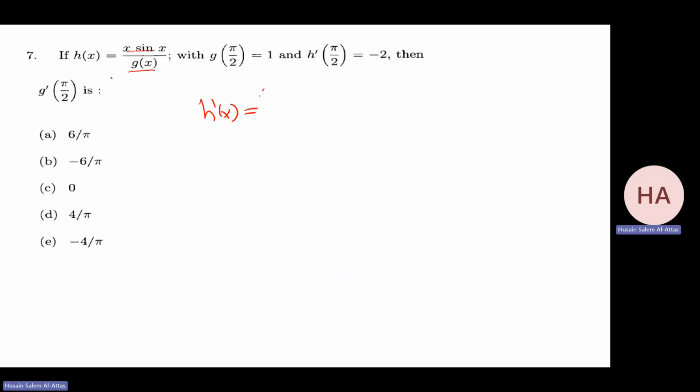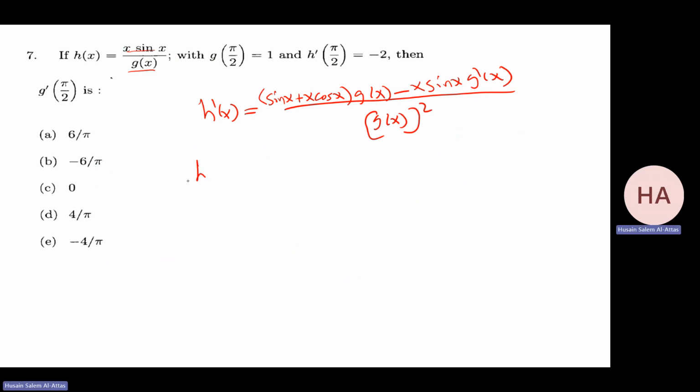Derivative of x sine x will be sine x plus x cosine x, times g of x, minus x sine x times g prime of x, over g of x squared. Now what does he want? He wants g prime at pi over 2. But he gave me h prime at pi over 2. Okay, so h prime at pi over 2: sine pi over 2, which is 1, plus pi over 2 cosine pi over 2, which is 0, times g at pi over 2. Sine pi over 2 is 1, so minus pi over 2 times g prime at pi over 2, over